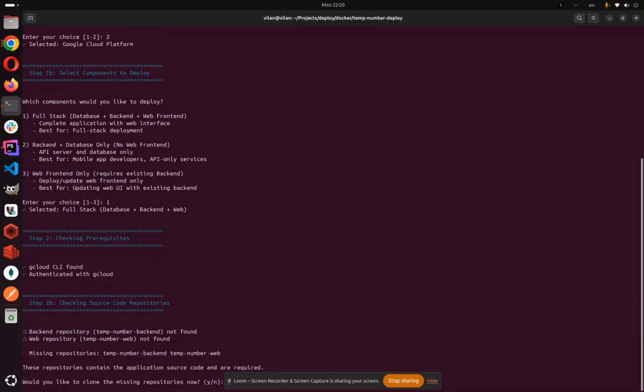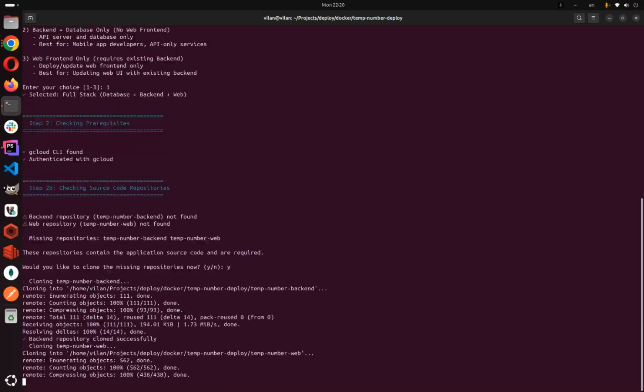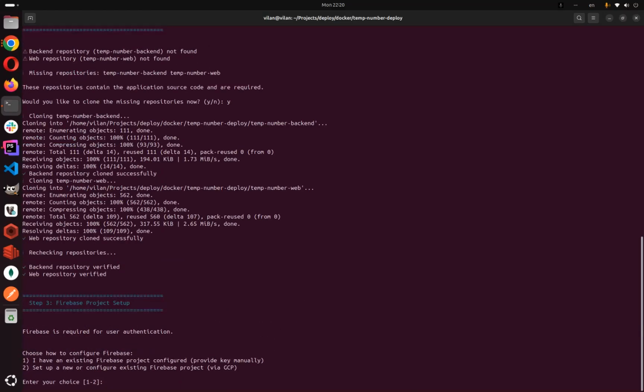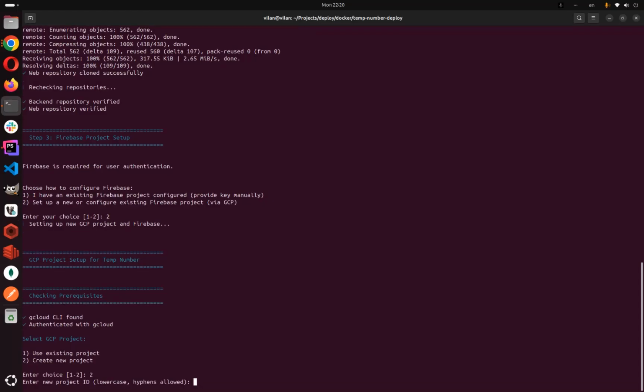First, we need to clone missing repositories for our temp number backend and temp number web. Okay, yes, we need to clone it. Now we need to set up and configure the Firebase project. We need to set up a new Firebase project and create a new project. Also select 2. So now temp number, for example,